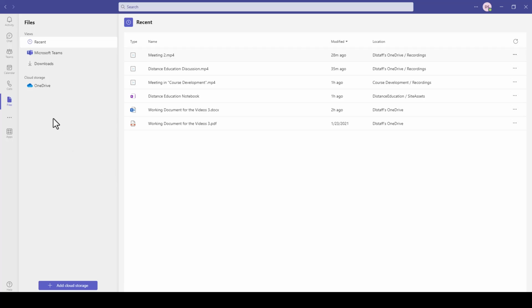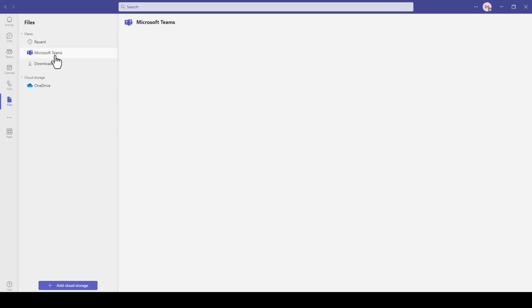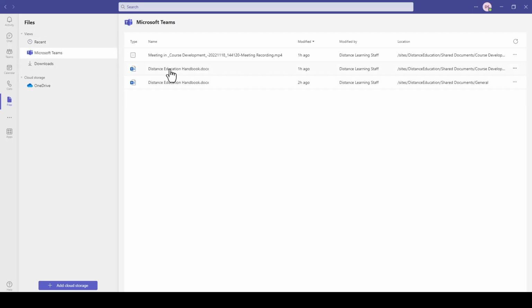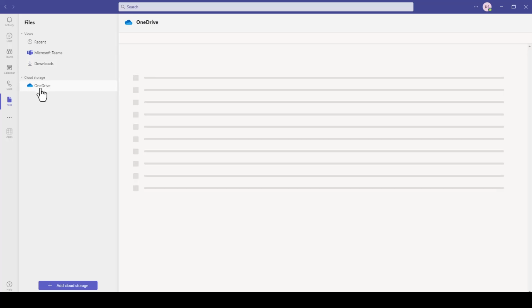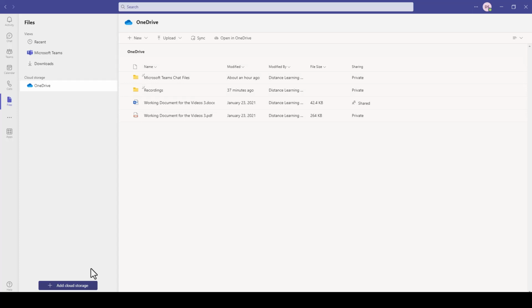So notice we have the option for recent files that we have been using. Then there are also the Microsoft Teams files that we have stored in the Teams module here on the left-hand side. Items that we have downloaded, we can access, and from here we can access the OneDrive files from the web. If you prefer to integrate additional services as part of the Files option within Microsoft Teams, you can also